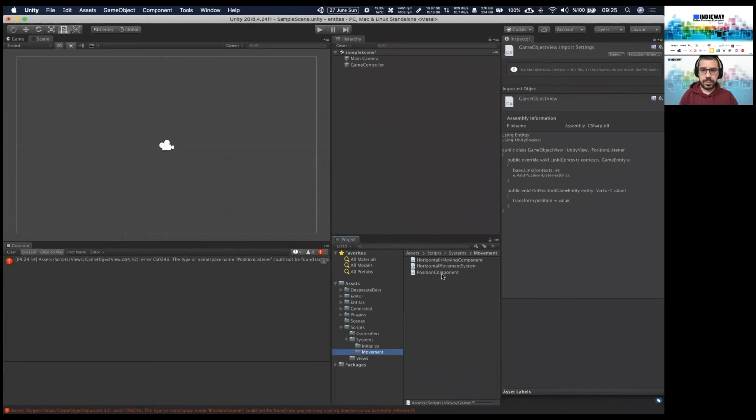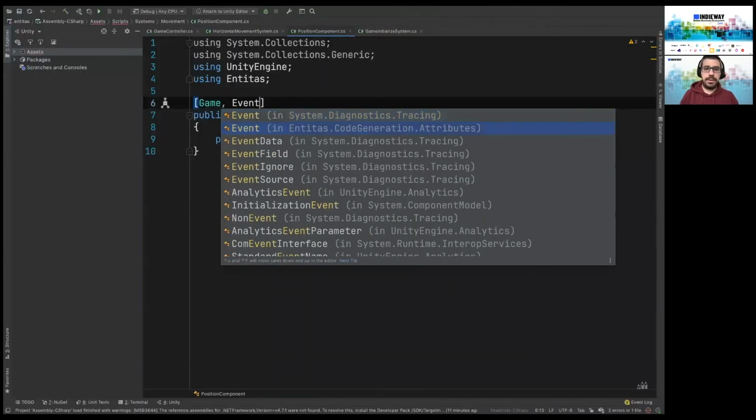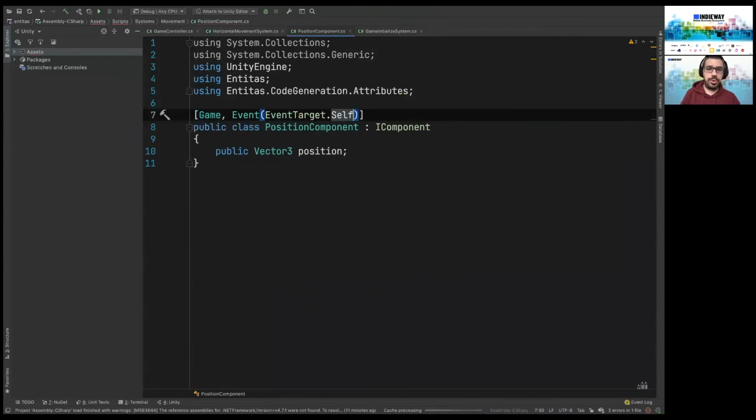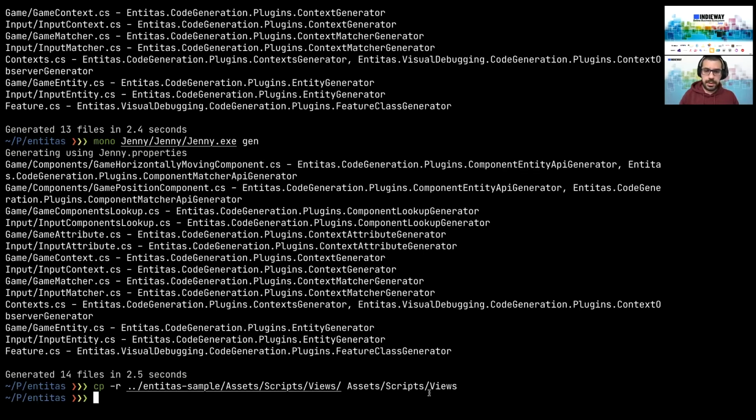Let me just do one more thing. Let me add an event. So it just generates an event and sends it, and it will send a message to the game object and change its position. I'll just generate the code.